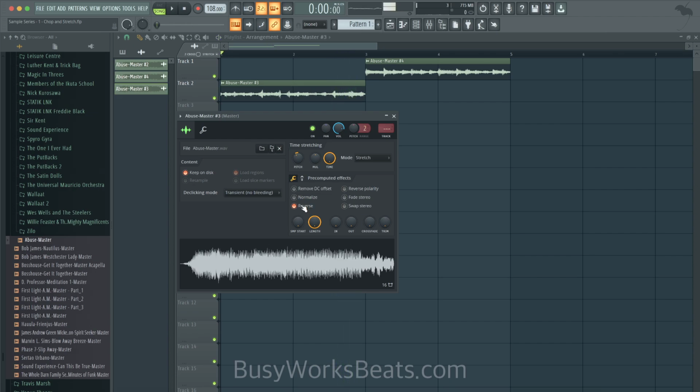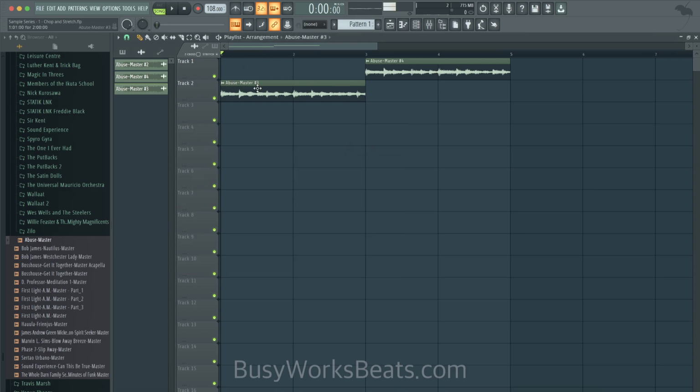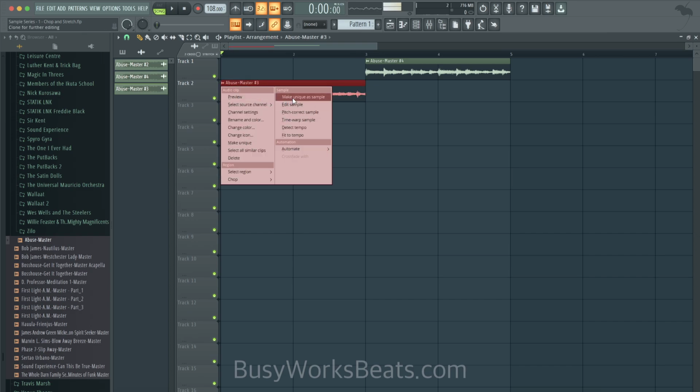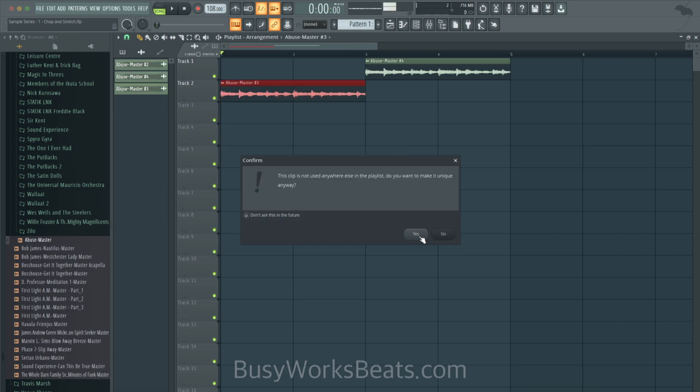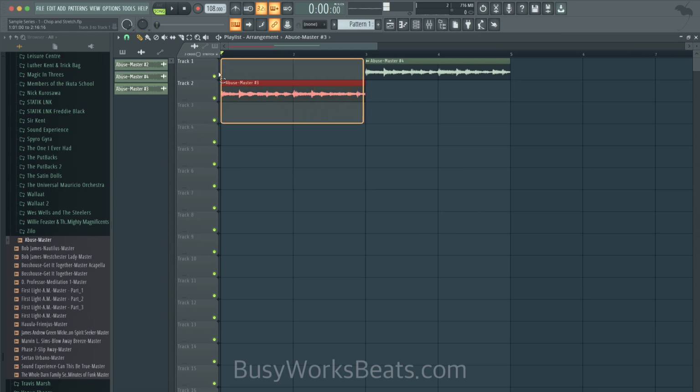We didn't even have vocals in the original. So you're like, where'd those vocals come from? It's because it reverses the entire thing. So when you're making something unique, it doesn't only listen to just that section. So if you wanted to reverse this, for example, you would have to make it unique as its own sample. And what FL does is it takes basically a screenshot of just this part and it makes it a sample.